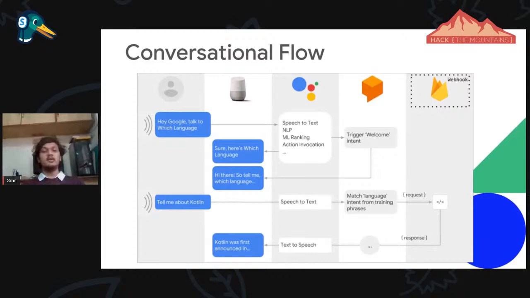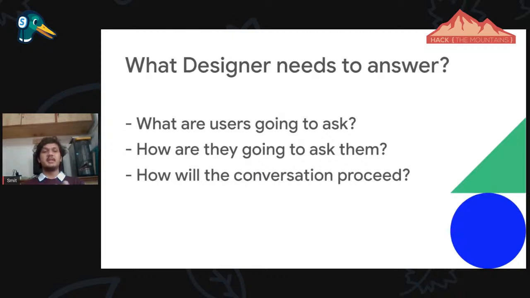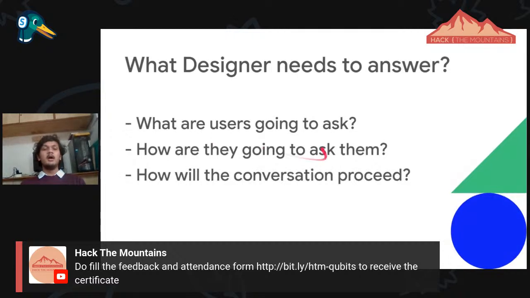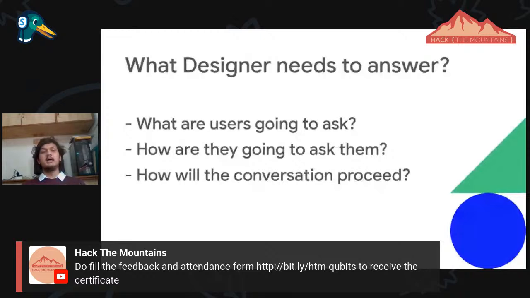But we saw the conversation flow of the Google Assistant. But what if we are the developers and designers? Which features or things do we need to sort out, which features are important while building the Google Assistant? So there are a few questions: what the user is going to ask. So it will redirect to the intent questions, what the user will ask.